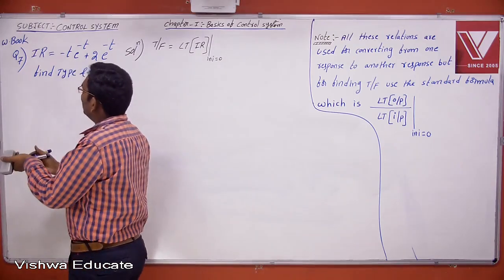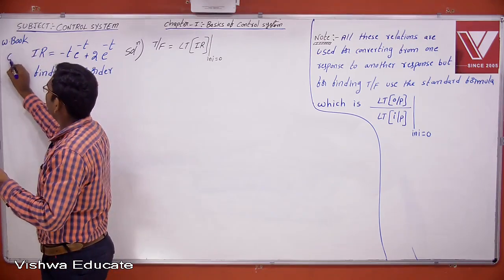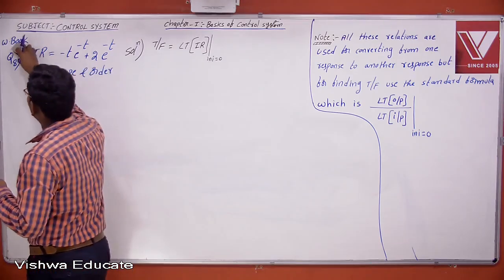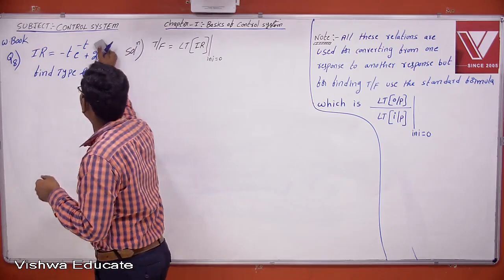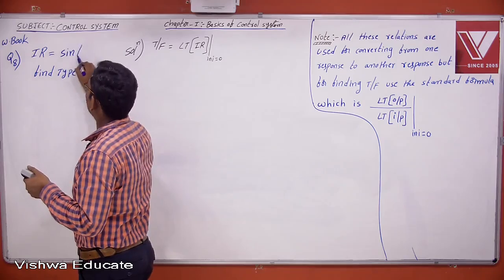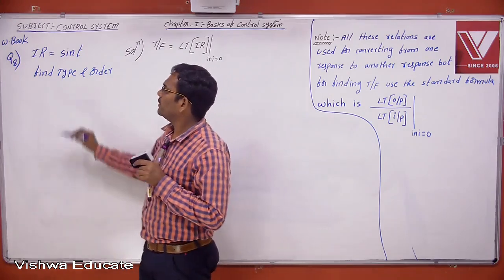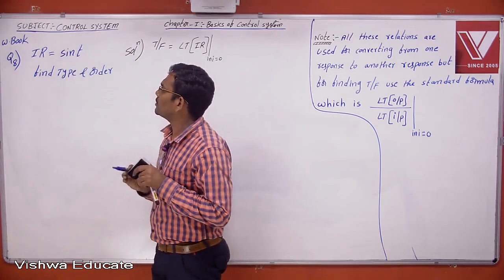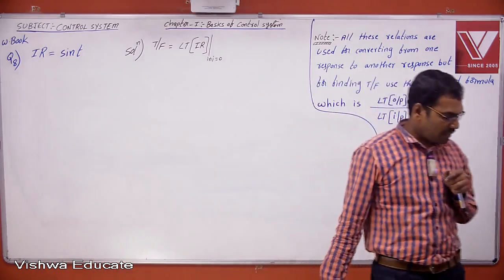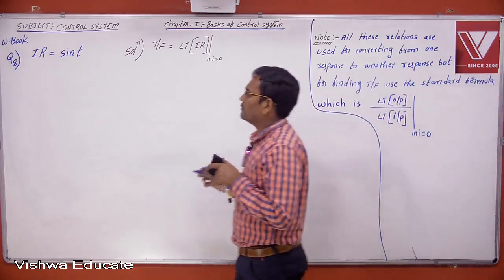Now your classroom workbook, question number 8. What is that question? The impulse response of a linear time invariant system is given as sin t. The impulse response, your classroom workbook, question number 8. The impulse response of a linear time invariant system is sin t, and he is asking